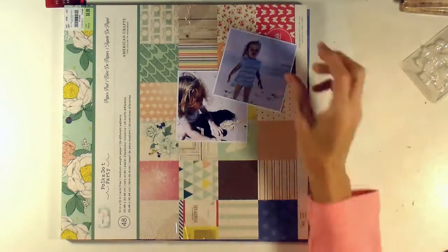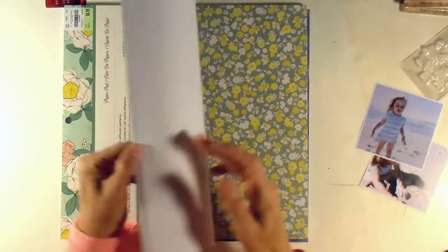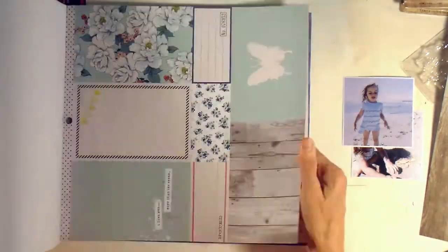Hey everybody, it's Angela and I am back with another process video, and this one is going to be using some SaCrafters products. And I am scrapbooking these two photos of my granddaughter at the beach, and I